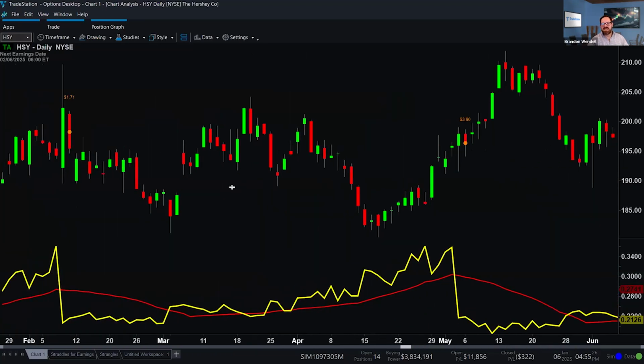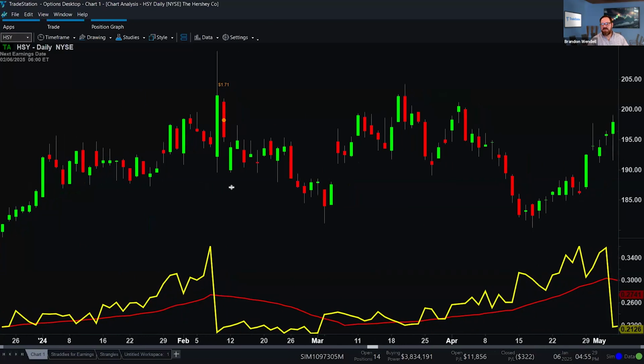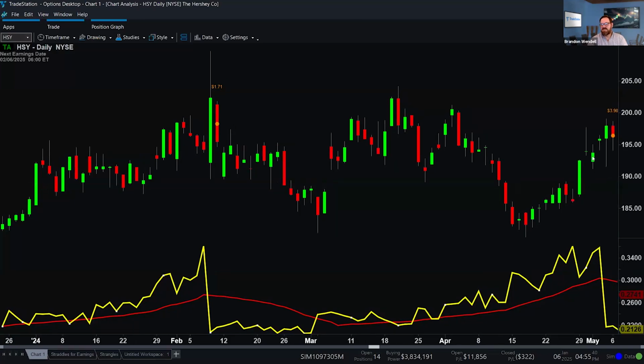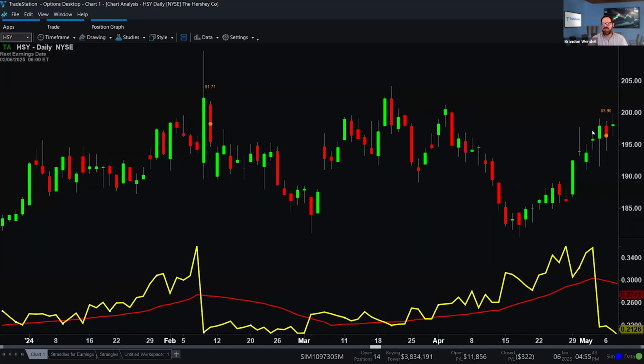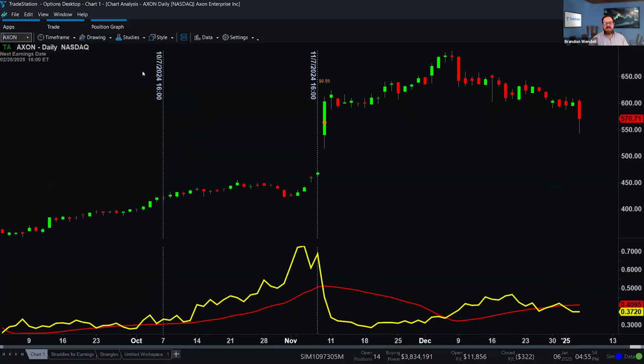Why? Because I'll have all my profit built in already. Right here, before the announcement, look at my volatility. It's at a spike. And we've already moved a bunch in price. There's nothing to be gained by holding into the earnings because it typically does not gap. That is very different than the other security we were just looking at. That's why I got to know your securities. AXON typically does a big jump. That way, volatility goes right back to where it was. I don't make anything on the volatility. I make it all on the price move, the delta. Okay.